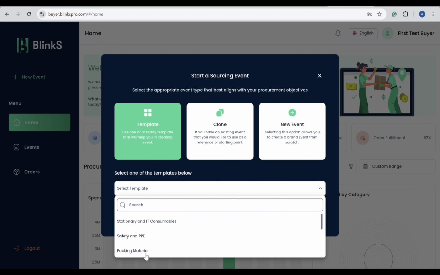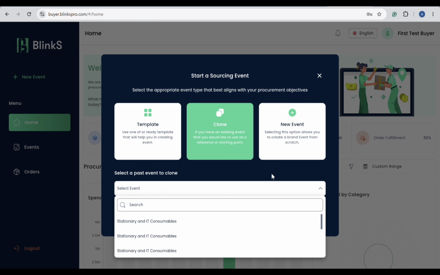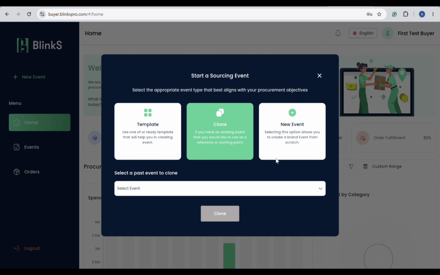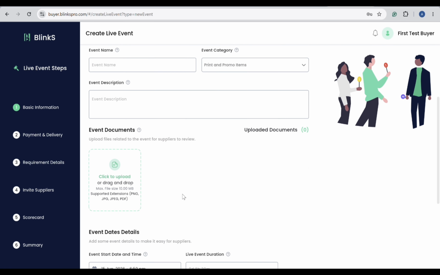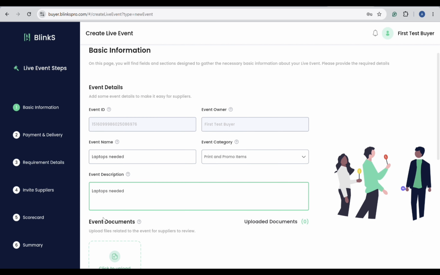To start a new requirement, the buyer opens the event creation flow and selects the preferred setup method. Blinks guides the buyer through a structured setup. The event is named, assigned to a category, supported with a clear description, and enriched with attachments so suppliers understand